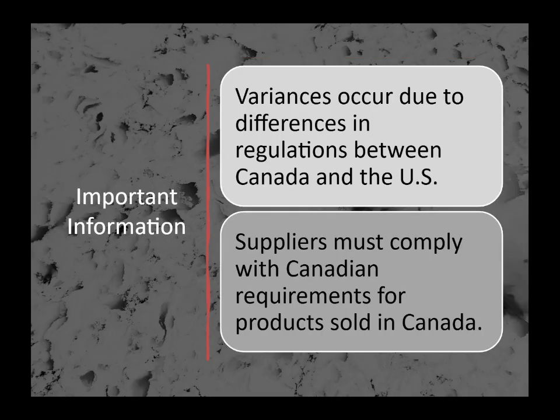Conclusion. In summary, while WHIMIS is aligned with the global GHS, slight differences or variances exist between the Canadian system and those of other countries like the United States. The key takeaway is that in Canada, the Hazardous Products Regulations are the governing law. Employers and workers must ensure that all hazardous products in their workplace, regardless of origin, comply with Canadian WHIMIS requirements for labels and SDSs to guarantee consistent and legally compliant hazard communication.